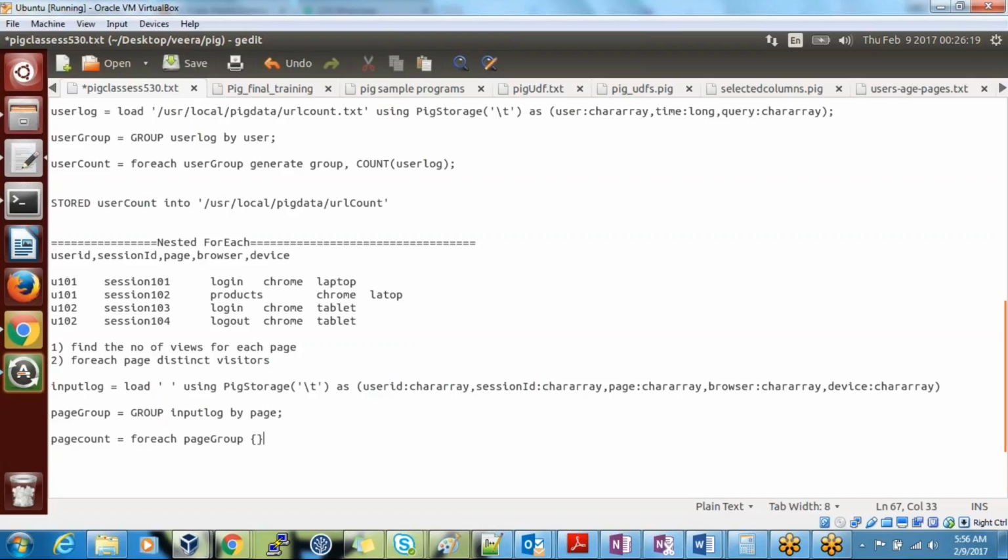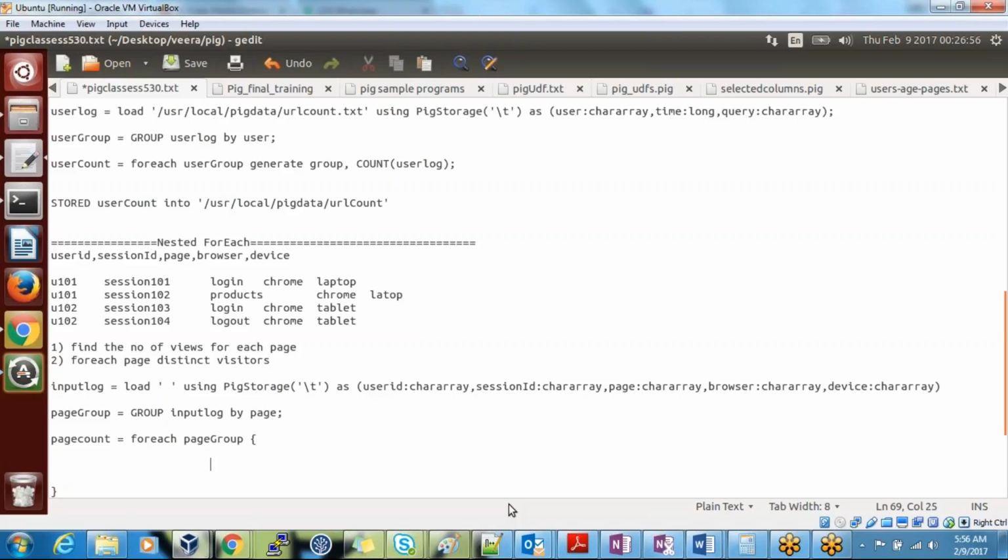Next, here we are going to introduce something called a nested for loop. What is a nested for loop? A nested for loop is where we can execute a set of statements in a single loop. We have a for loop, right? Before, the for loop was just for one statement. Now I want to execute multiple statements within the loop.